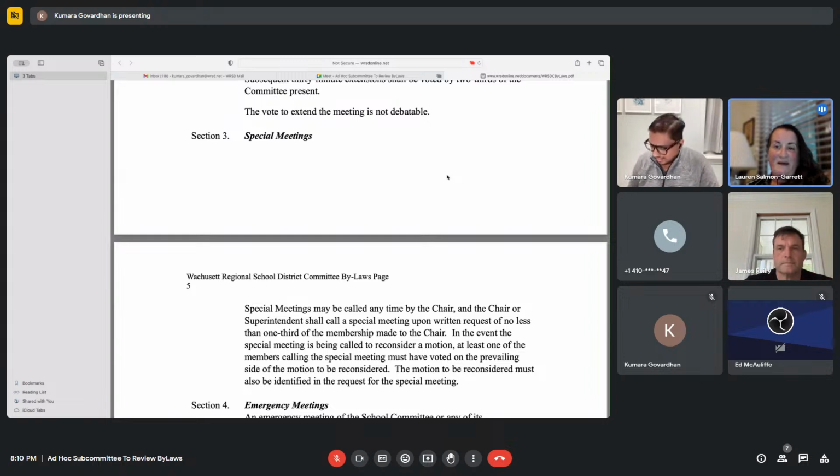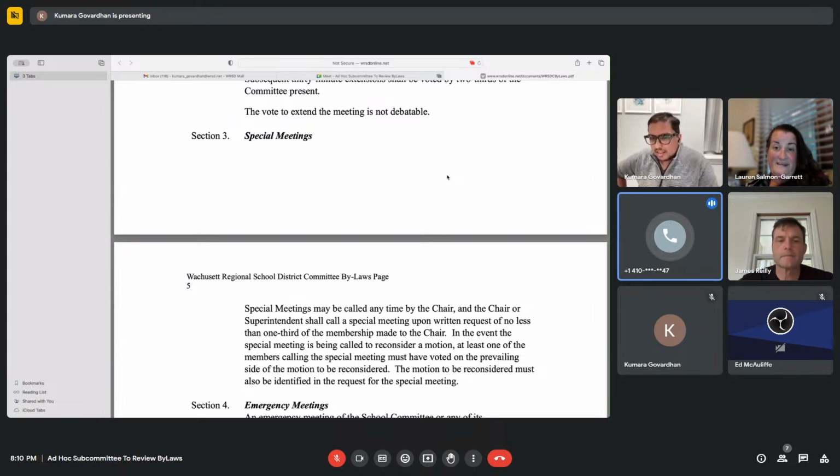To me, it's a check and balance, and it's been used before. It's a check and balance on the chair. If there is an issue that 1/3 of the membership feels absolutely needs to be discussed in a public forum, then 1/3 of the membership can come together and sign something and have a special meeting called. When we were worried about giving the chair so much ownership of the agenda, this is actually one of those ways of taking care of that.